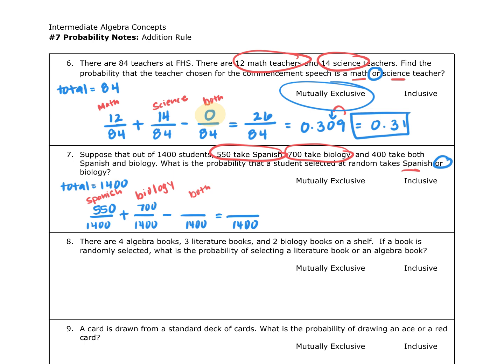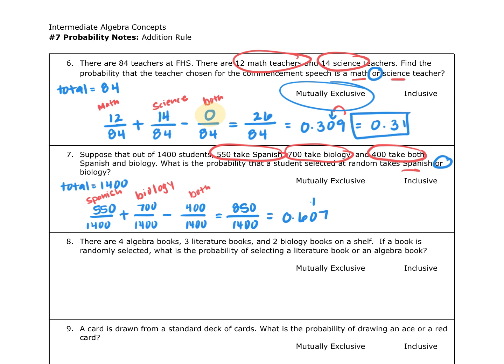And then it wants to know, can you have both Spanish and biology in your schedule? Well, right here it says 400 take both, and it even goes on to say Spanish and biology. So yes, you can have Spanish and biology in your schedule. So I'm going to put that 400 in the spot that says both. So if I take 550, add 700, and subtract 400, I get 850. Now I'm going to take 850 and divide it by 1400, and I get